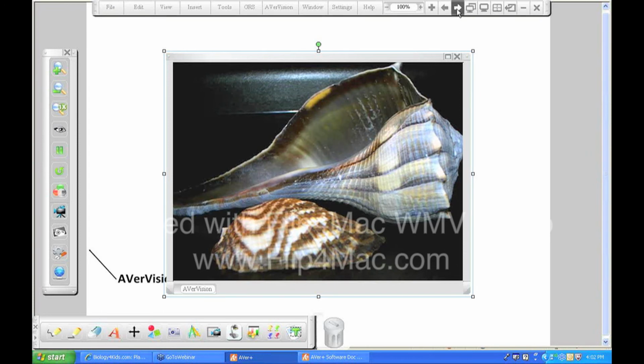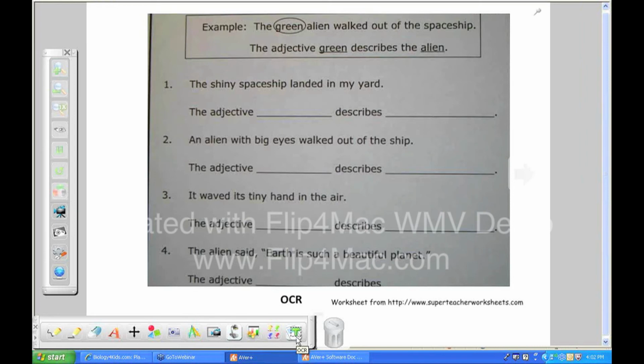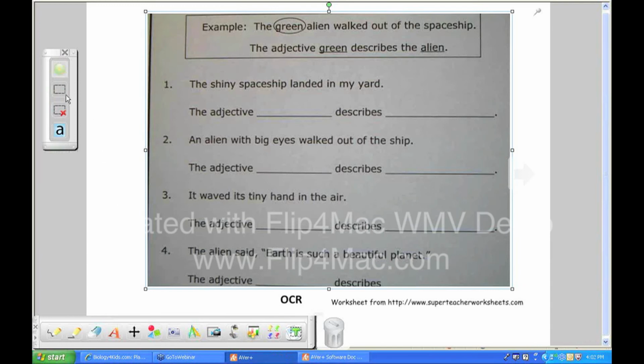I'm going to go forward here. OCR is something new, so if you don't have the newest version of our software installed, you can always go to our website to find it. And OCR is just a way to basically take words from your document camera, so something you have underneath your document camera, and have it converted into text that can be copied and pasted into anything else on your computer. So I'll show you really quick how it works. And it's still growing, so you may find it may make some mistakes, but